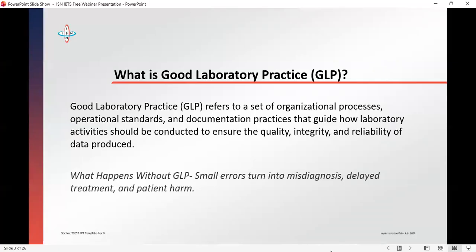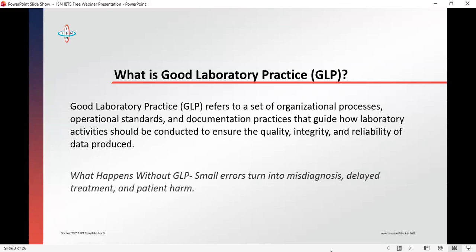We also have environmental variables that can influence our results, like temperature. If the temperature in your laboratory is not accurate enough, maybe your analyzer might not be working accurately. Also humidity, when the humid condition in your laboratory is not good, and even power stability. There are a lot of automated analyzers, and when your power is not stable, it can affect how those analyzers work, right? So those are environmental factors and variables that affect our laboratory results.